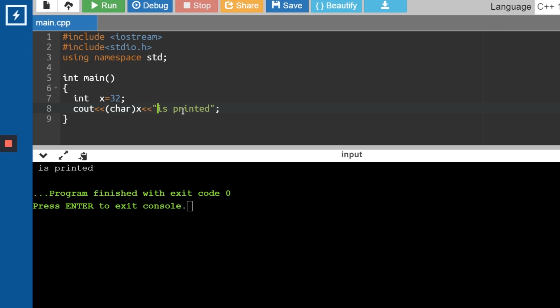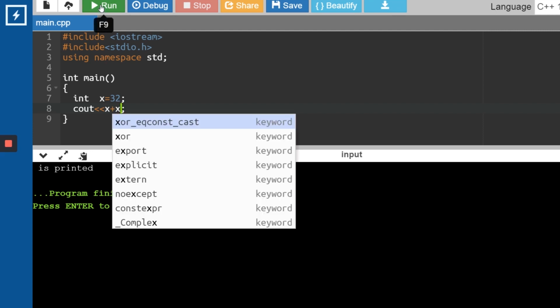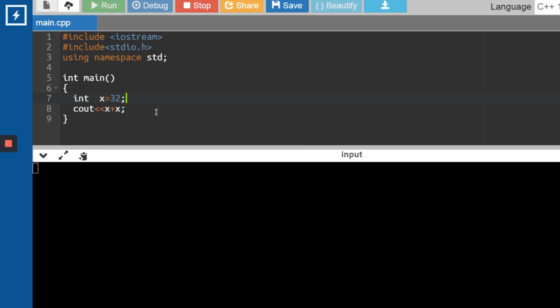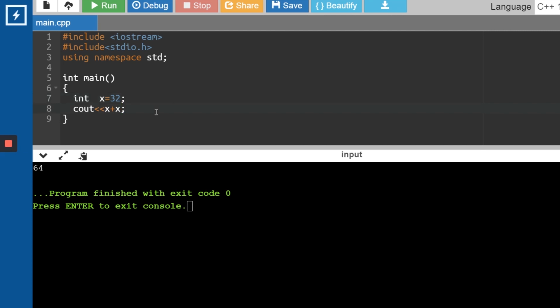Here we'll try to print something. I want to calculate something. With x as 32, I want to calculate x plus x. Let's see what the value will be. It should be 32 plus 32, which is 64. It is printing 64. This is going to be explained in the next video, guys. There are a lot of things when it comes to operators. We have division, bitwise operators, the and operator, the or operator, and a lot of other things.